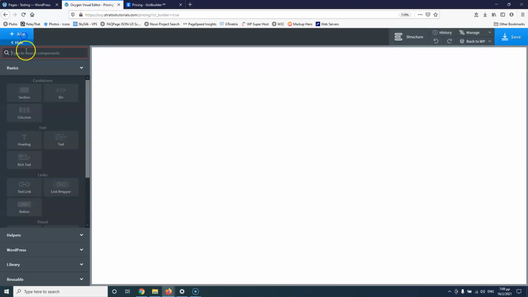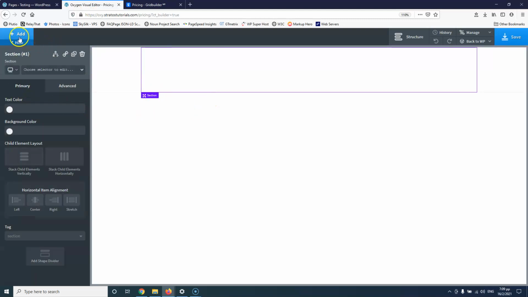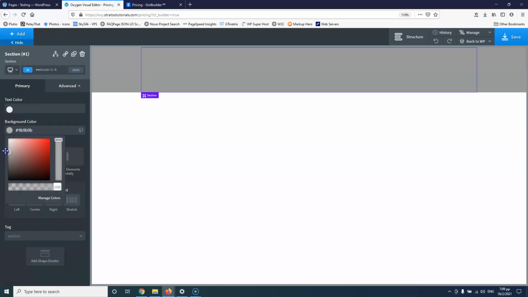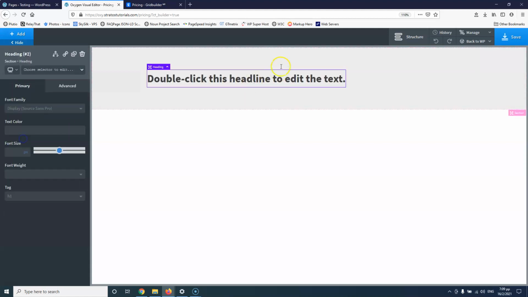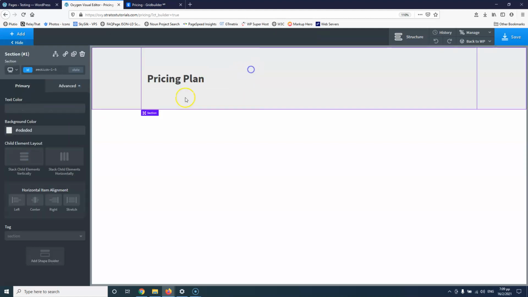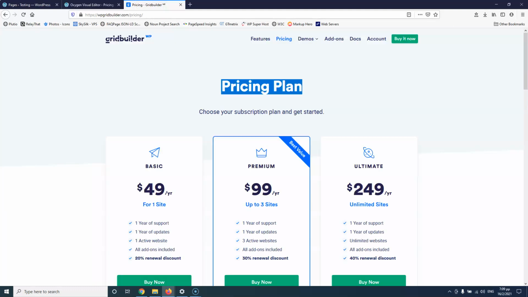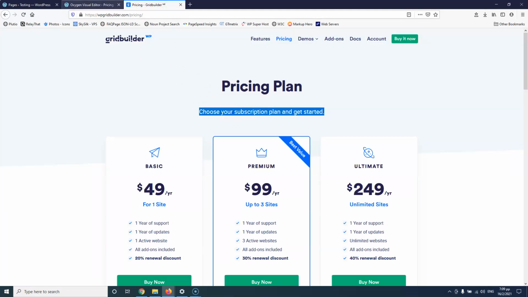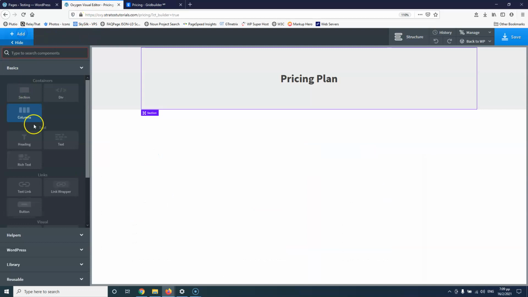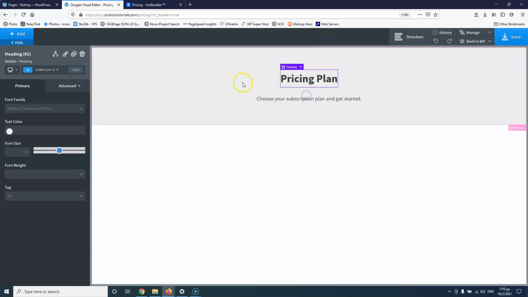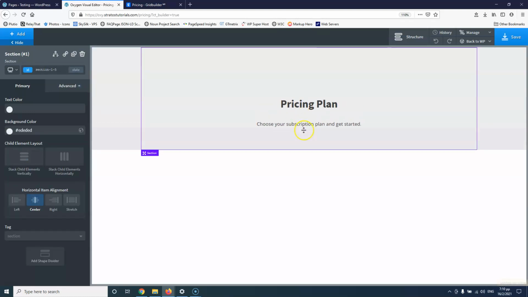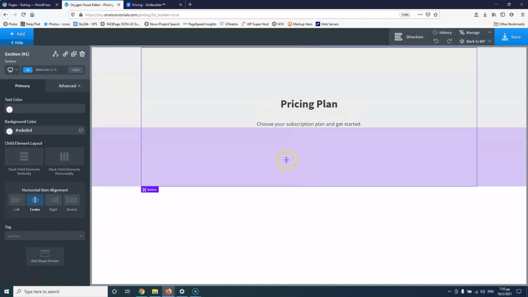So we're going here, we're going to add a section, and inside the section, which will have a background color of something like this. I'm not going to take these same colors, of course. I'm going to add a heading. The heading is pricing, and this should go into the middle. And now I can grab that and also add the text, and this goes here, and this will have a little bit of margin, something like that. Also I have a little bit of space inside here, a little bit of space inside here,